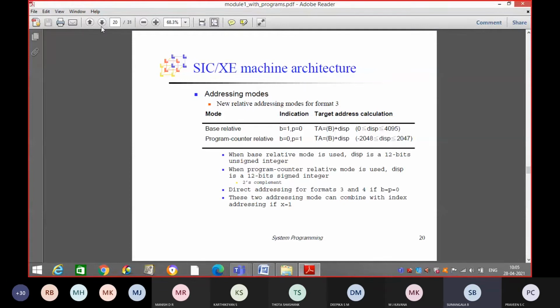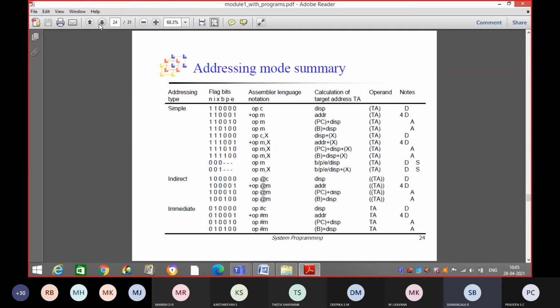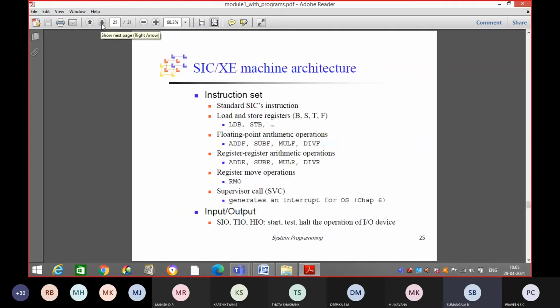In the SIC machine you have seen instructions like LDA, STA, LDCH, STCH. Whatever instructions we have in the SIC machine are also supported in the SIC/XE machine. Along with those, we have some additional instructions in SIC/XE.